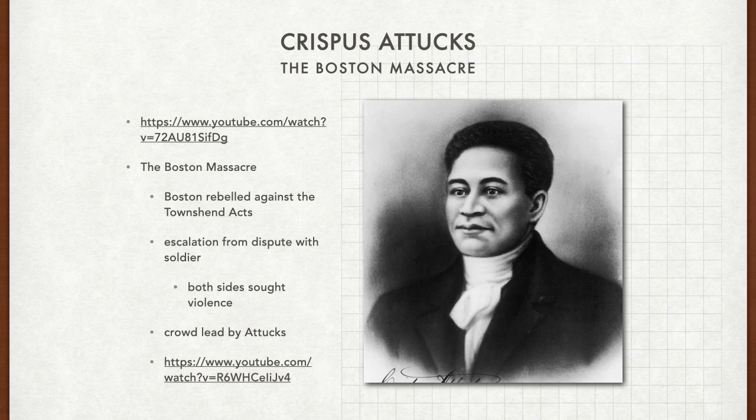Tensions grew to a fever pitch during the Boston Massacre. At the time, Boston was not only an important shipping port for the colony of Massachusetts and its capital, but also a major center of resistance against British taxation. Their biggest issue with the British government came in 1768 with the enactment of the Townshend Acts, which enforced an import tariff on items that were made in England. So basically, if you wanted anything that came from the British, you had to pay an extra tax. They taxed things like glass and lead, and tea was one of them.